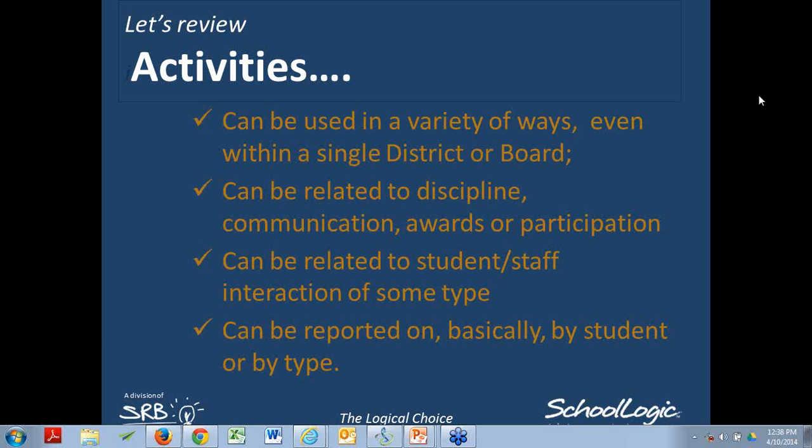I just wanted to have a little forum here at the end to see how you guys are using activities now. Okay, let me ask that first. There's 13 of you here in our meeting today. Are you guys using activities now? Our high school uses it, and one of our elementary schools is interested. And how does your high school use it?